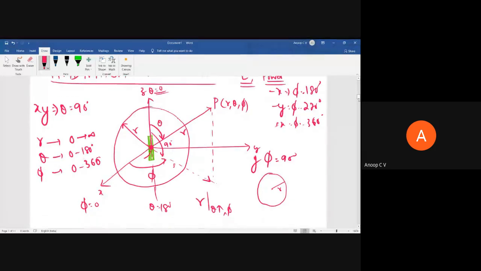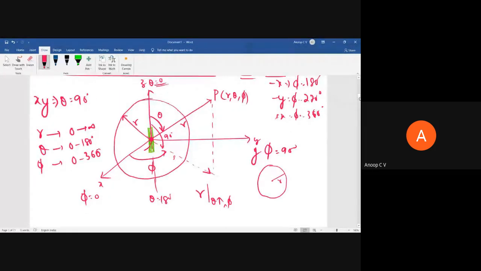So I'll tell you the definition now. How will we find a radiation pattern? You keep the antenna at the origin, then at some distance r over a sphere, you find the power or field intensity for all values of theta and phi. Then you represent it diagrammatically: for each theta-phi combination, what is the power. If we can represent it in a diagrammatic way, that is a radiation pattern.